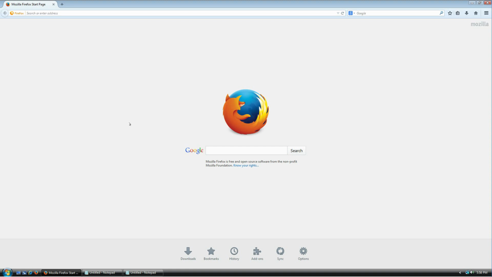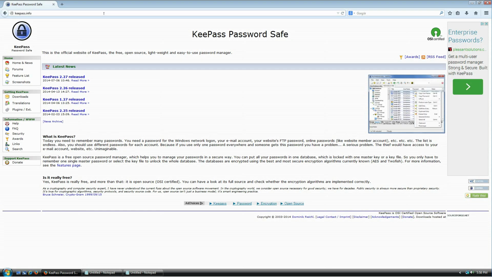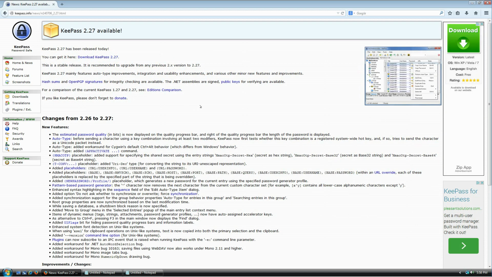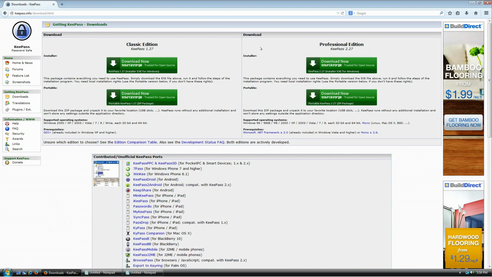Okay, so the first thing you need to do obviously is download the software, and for that what you want to do is go to keepass.info, hit enter, and that's it. So at the time of this recording, the newest version was 2.27, so I'm gonna go ahead and click here to download this version. You can see there are so many beautiful things around here. Just click here, download KeePass 2.27 again, and this is gonna take you to this page where it's telling you,